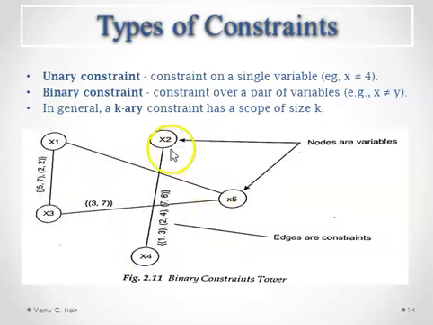They are disjoint. So when we represent a problem in the form of a graph, the nodes represent the variables and the edges represent the constraints. The nodes are variables and edges are constraints,